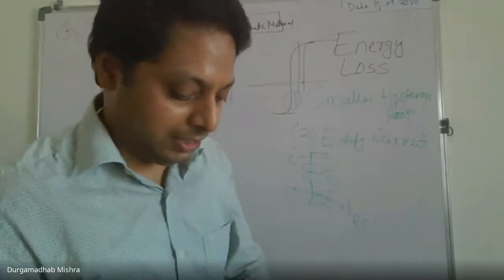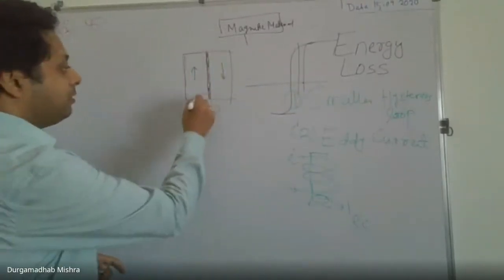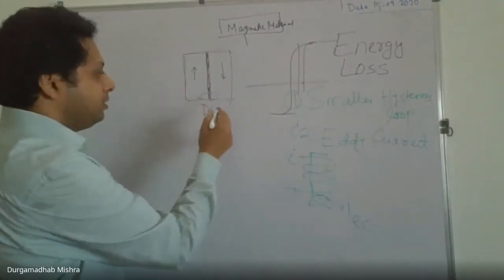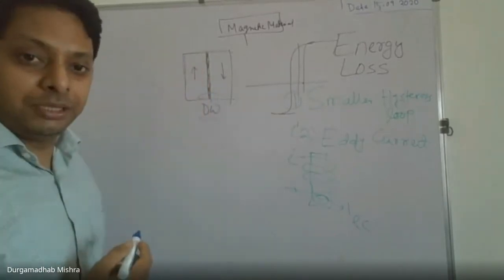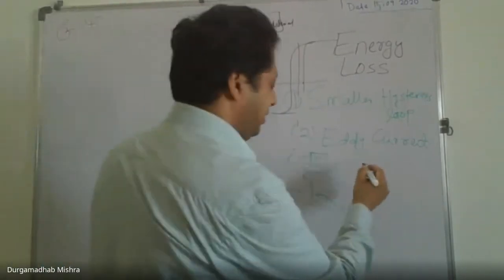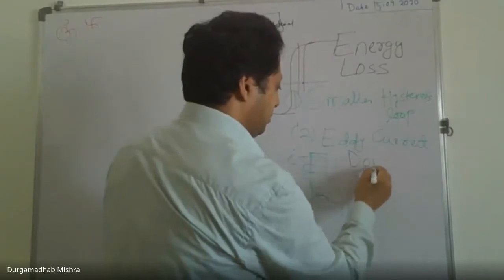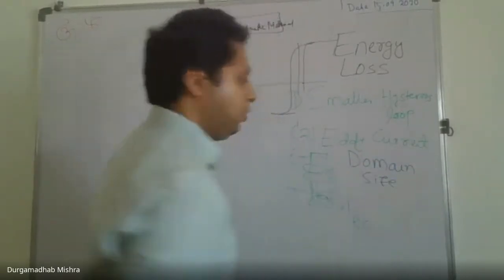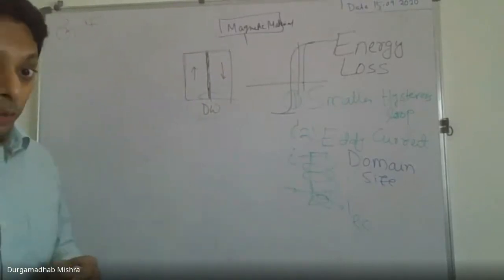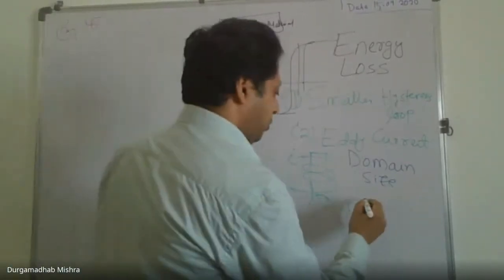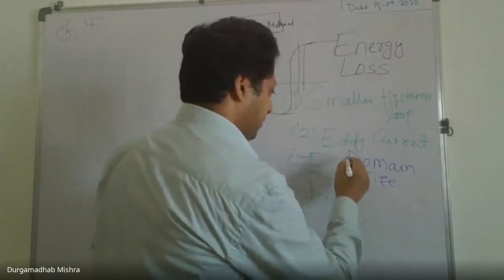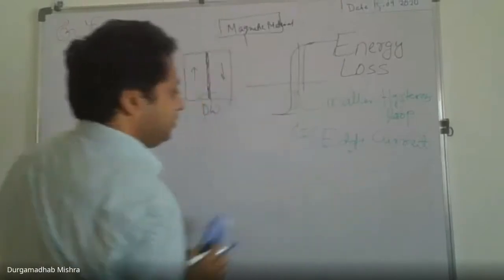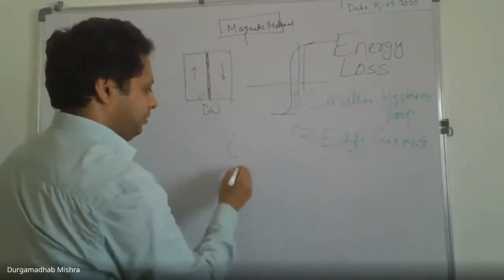So the eddy current is actually produced very close to the domain walls. It is not produced in the domains. So of course, the eddy current depends on the domain size, so how big or small the domain is. And I can write it down in a better way. So if I say this eddy current